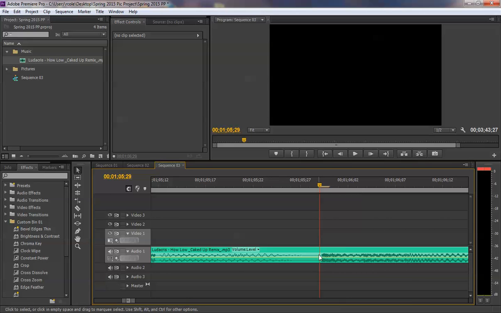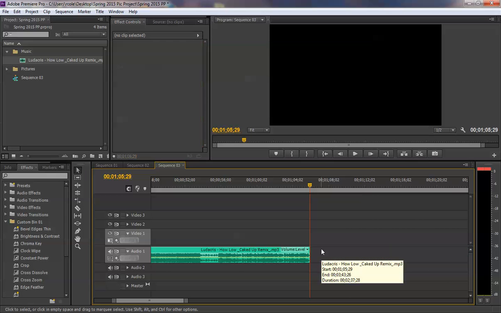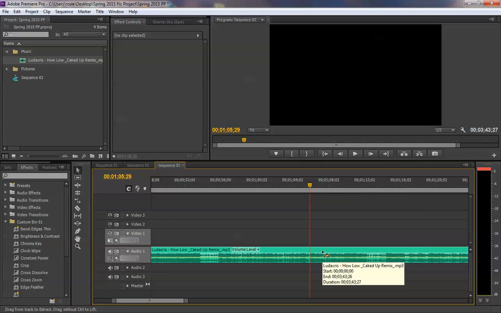I'm going to get rid of the second side. There are 2 ways to do this. I will now zoom out a little bit. The current time indicator stays right there. I could take the razor and cut it, switch back to my mouse pointer, and then click on it to delete it. But that was too many steps. I'm going to Control Z and put everything back. Instead of doing that,